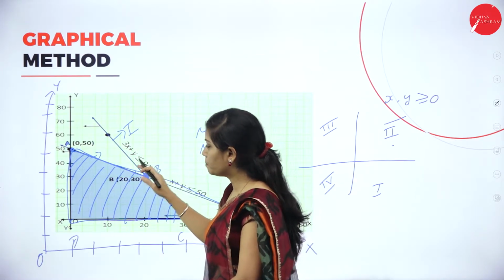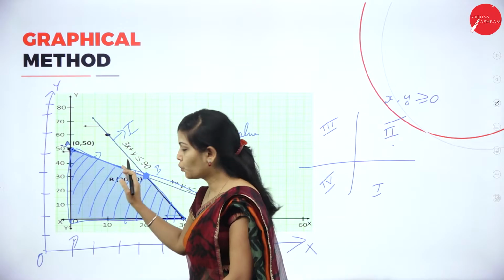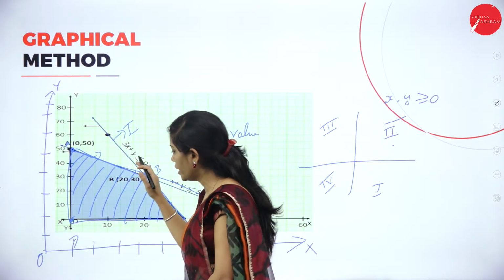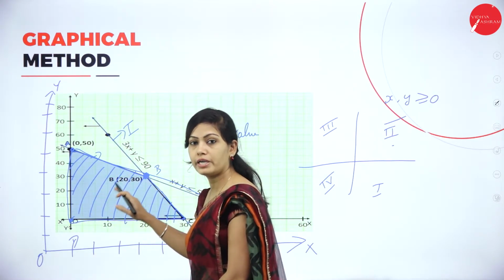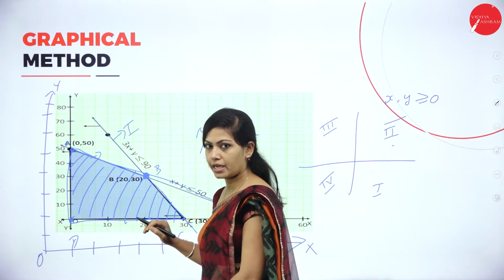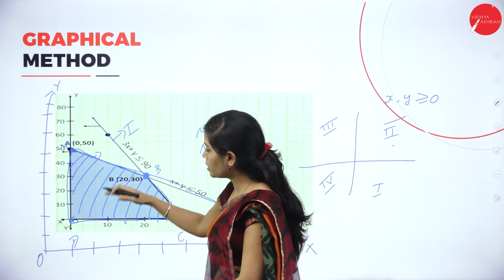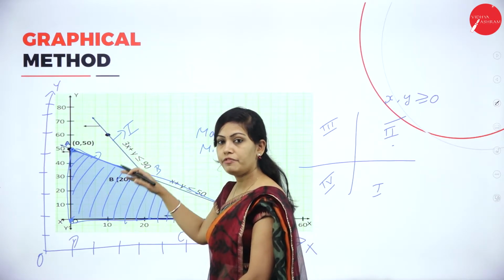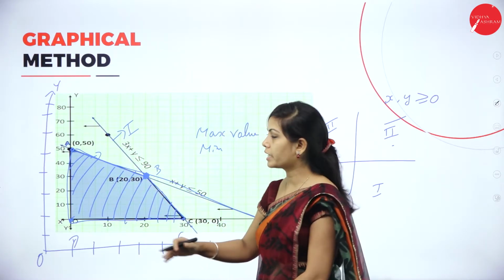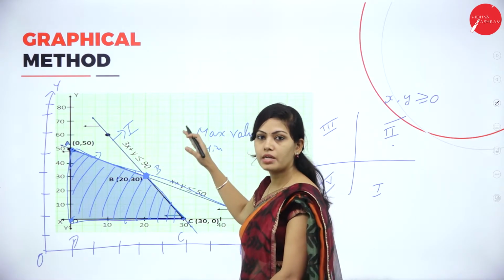Connect the points below the region, towards the region. So this is a region, and towards the region you need to find the feasible shaded area. This is your shaded area because it is towards the region. If it is a minimization problem, sometimes you will get above the region.